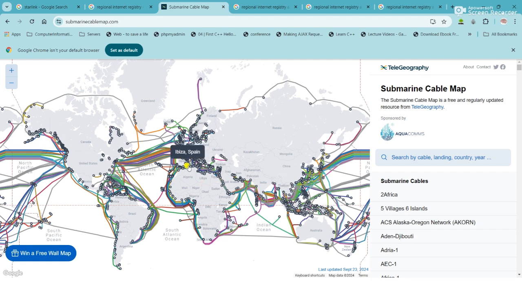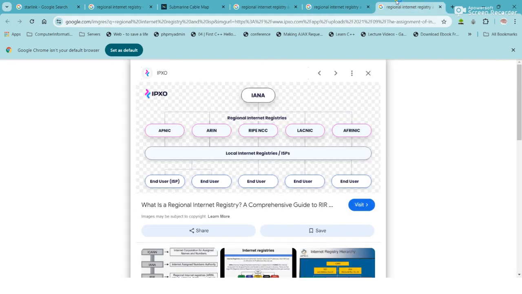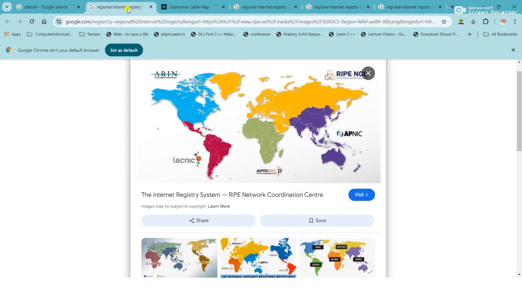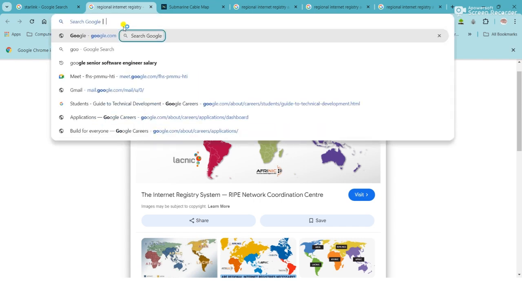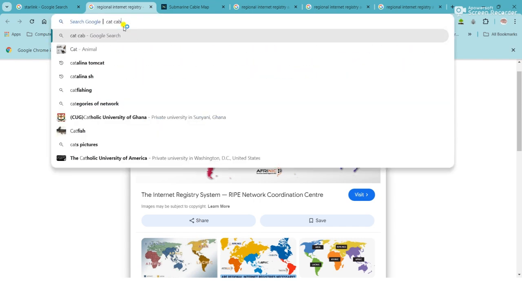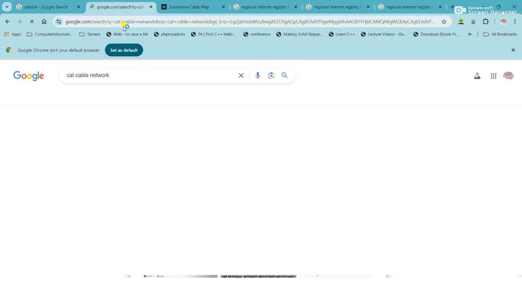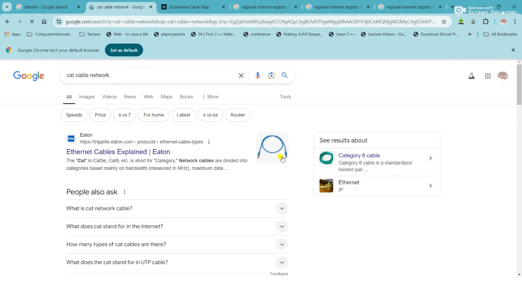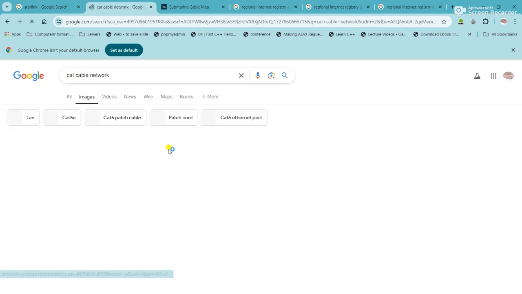So it's a technology that is being used just like Wi-Fi, or Bluetooth. If, let's say, physically we used to use a cat cable to establish connectivity, I don't know if you've probably come across this before.